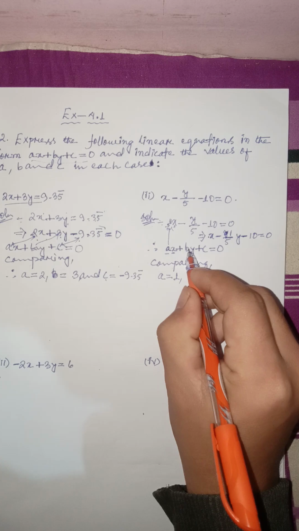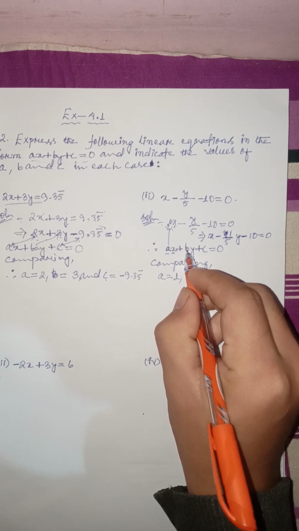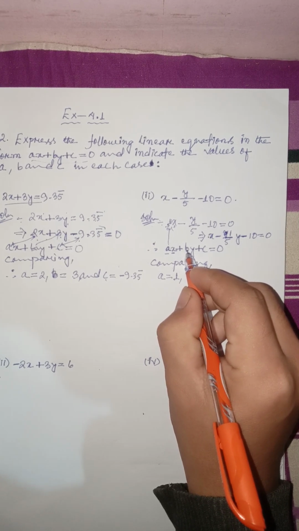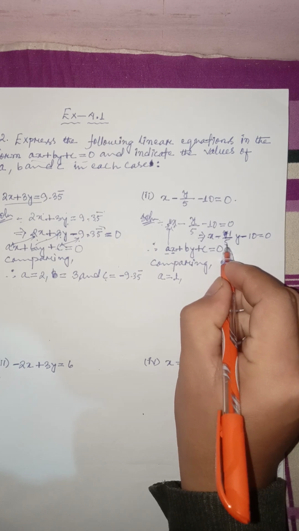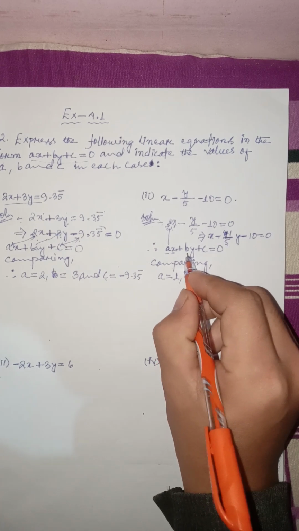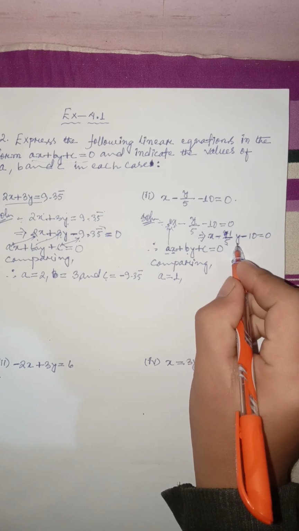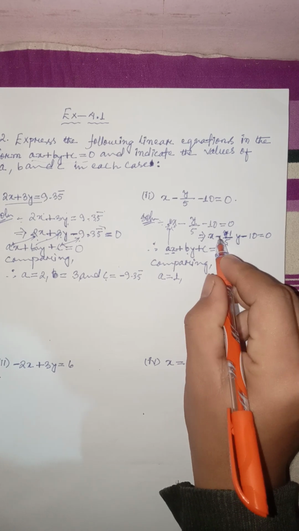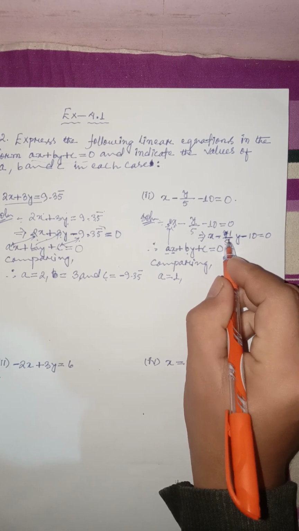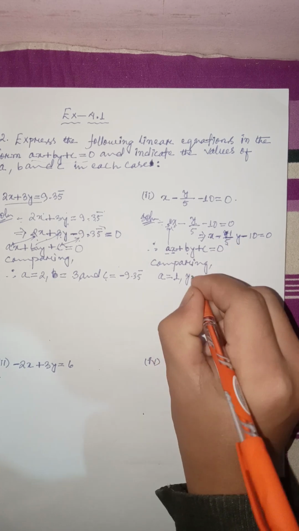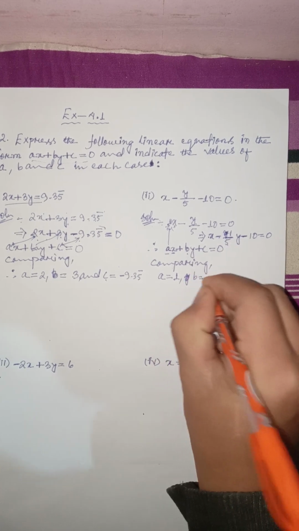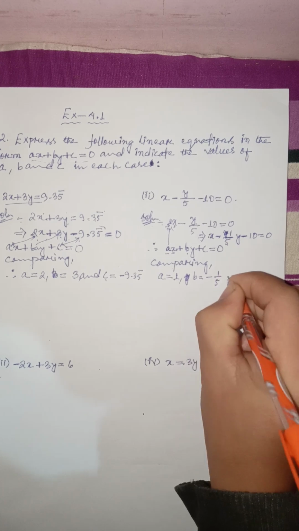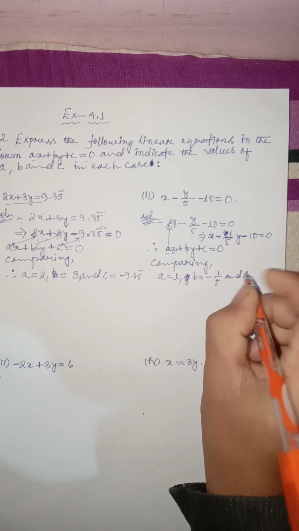And right after this, let us move to the next, which is b. What is the value of b that we have? It is minus 1 by 5. If they talk about the value of b, it means the coefficient of y. What is the coefficient of y? It is minus 1 by 5. b is equal to minus 1 by 5,